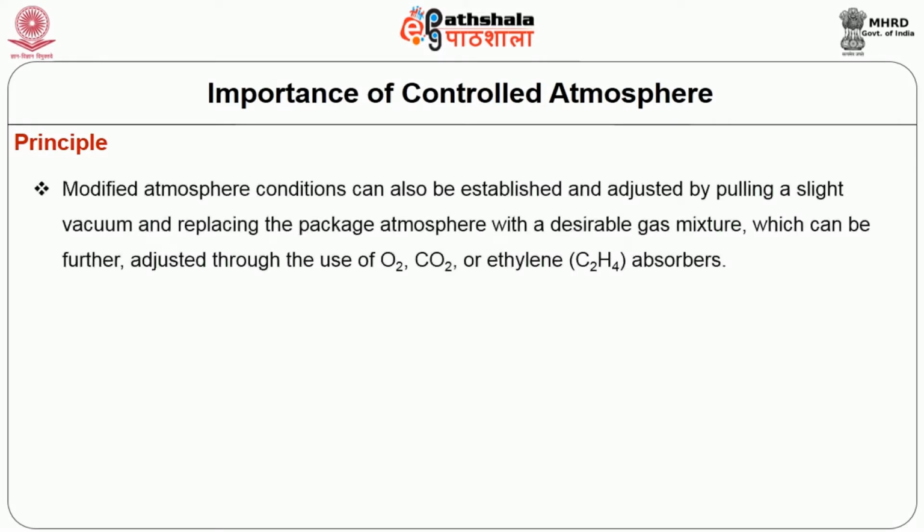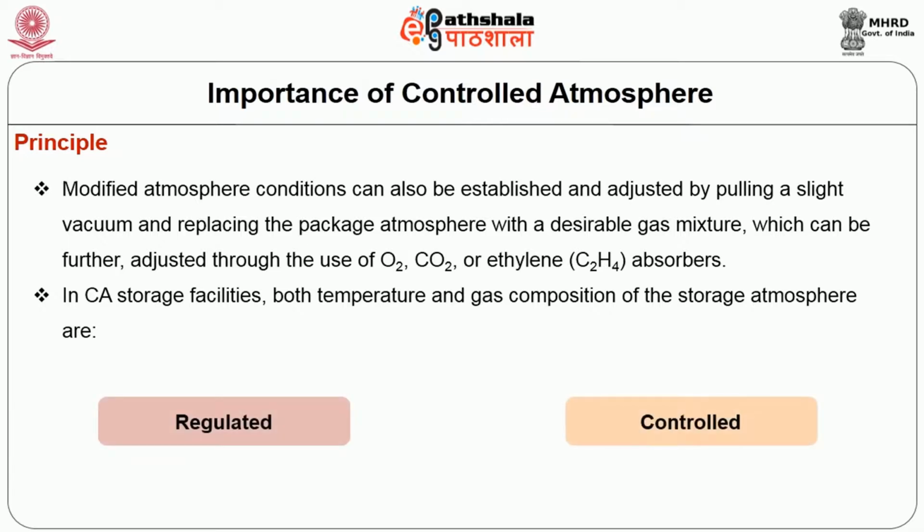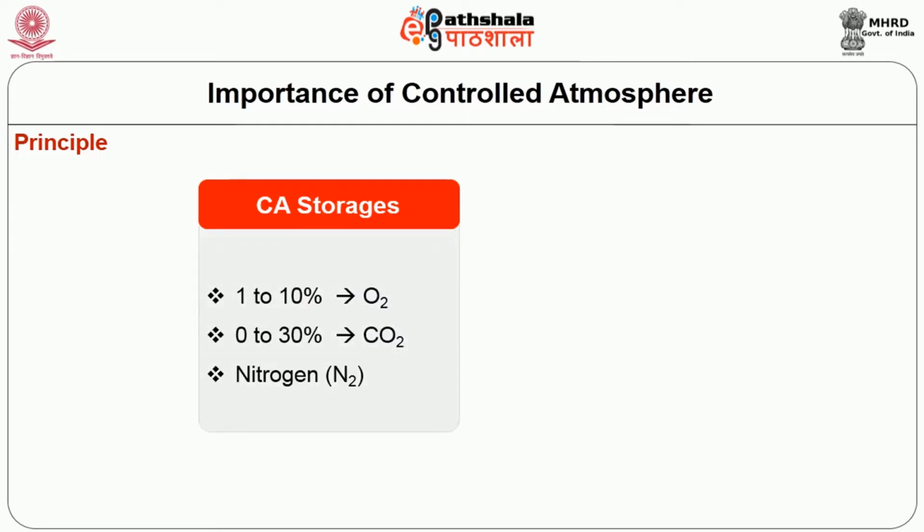Modified atmosphere conditions can also be established and adjusted by pulling a slight vacuum and replacing the package atmosphere with a desirable gas mixture, which can be further adjusted through the use of oxygen, carbon dioxide or ethylene absorbers. In CA storage facilities, both temperature and gas composition of the storage atmosphere are regulated or controlled. The gas concentration ranges encountered in CA storages are 1 to 10% oxygen, 0 to 30% carbon dioxide, and the